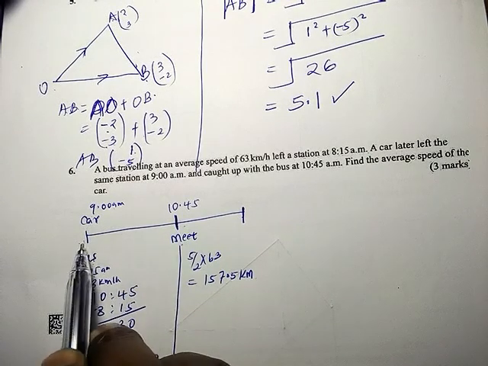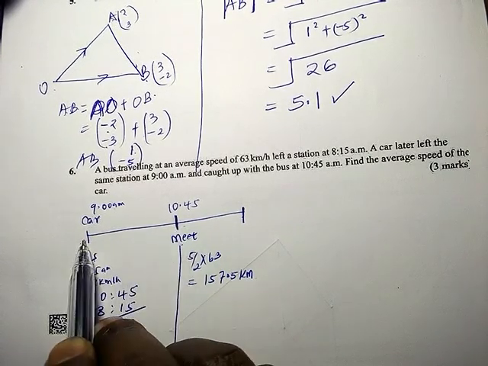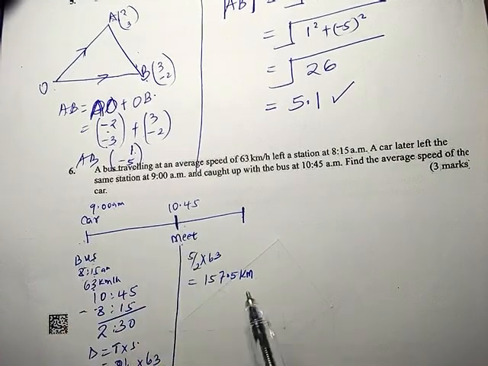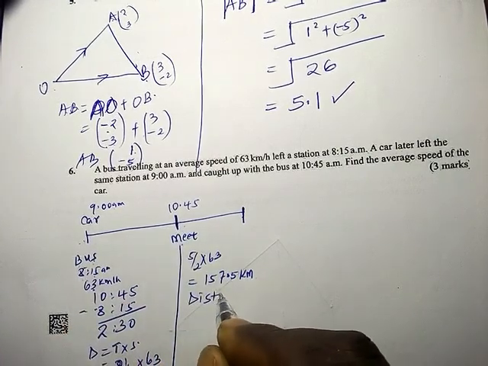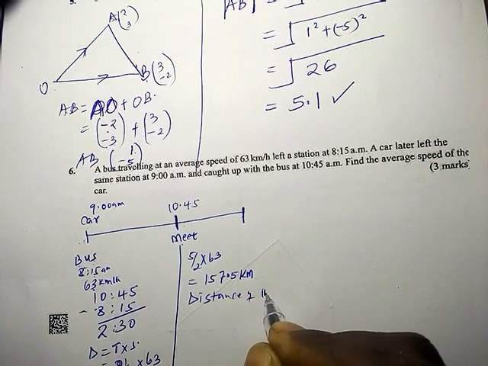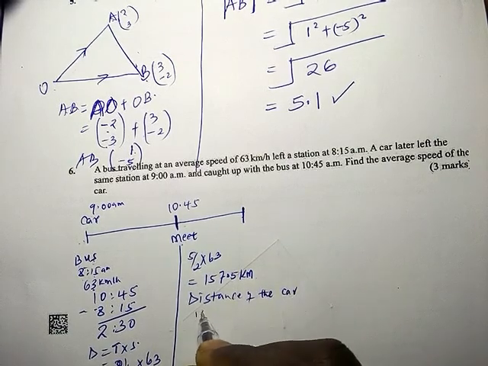So here, where it was caught up, it is 157.5 kilometers. But you realize that the same distance at which it was caught is the same distance the car has moved. Now the distance of the car is equal to